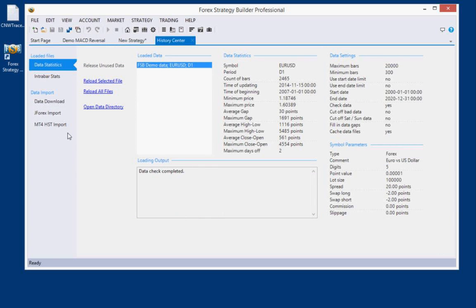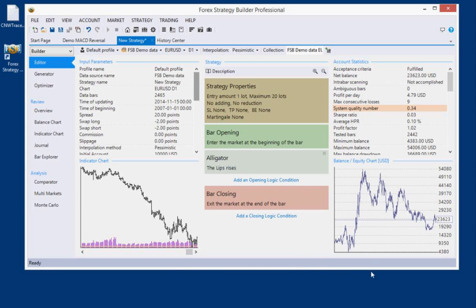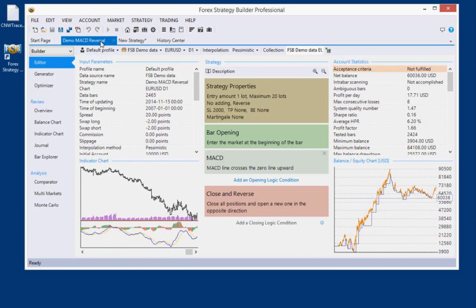Because Forex Strategy Builder is a backtester, it always uses historical data to calculate a strategy backtest against that historical data we have. And for example, demo Mark the reversal strategy uses EUR/USD data,